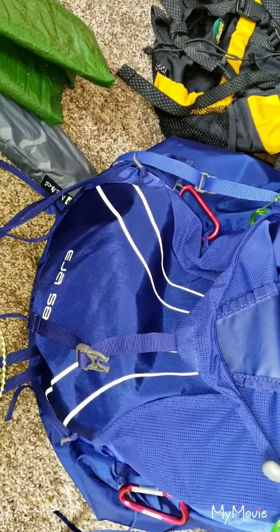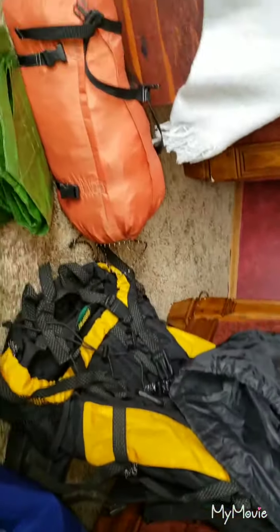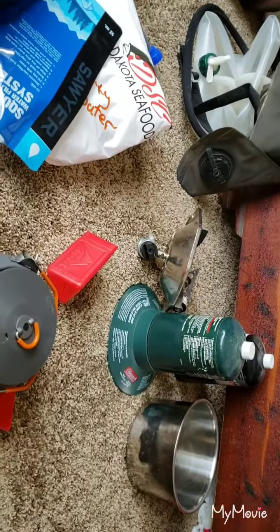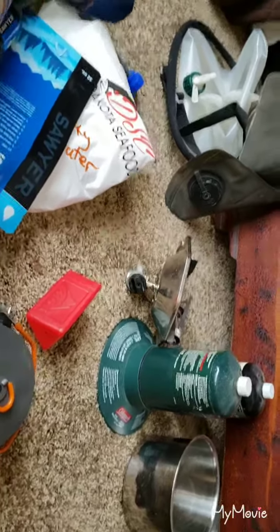I have actually an older Big Agnes that I had to send out for repairs, so hopefully it'll be back soon. And I don't even have the old sleeping bag I used, but it was a giant rectangular thing that I couldn't even fit in my pack. I had to tie it on top. And then